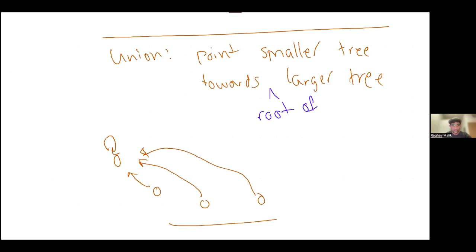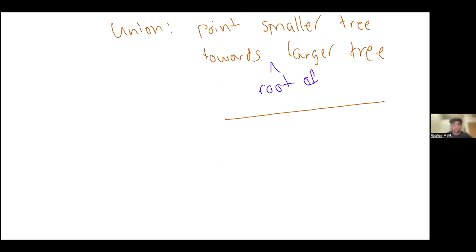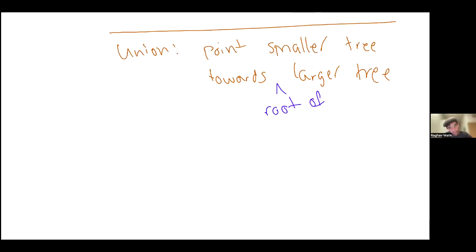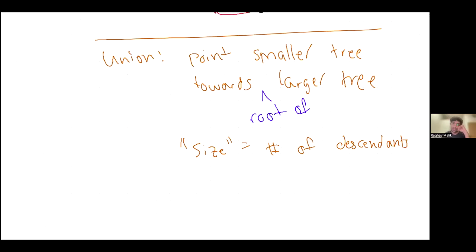Okay. The other thing we do, so in particular, here, the size refers to the total number of descendants, right? So not the size of the equivalence class, but the size in the representation of how many total things eventually point up to this node, right? So